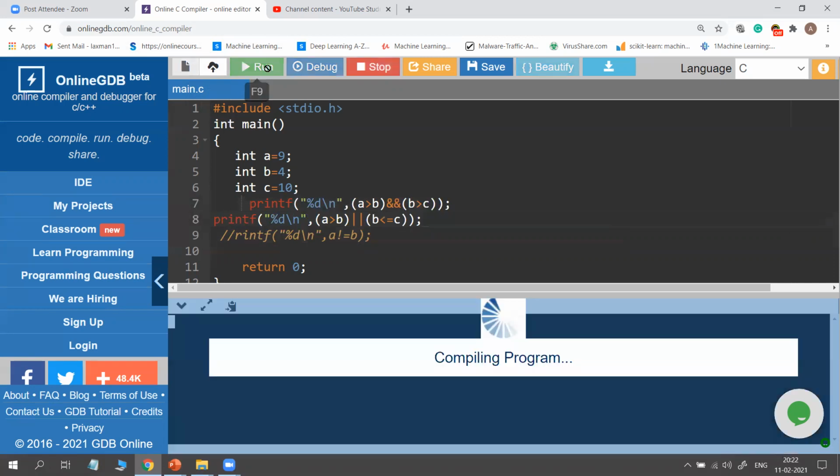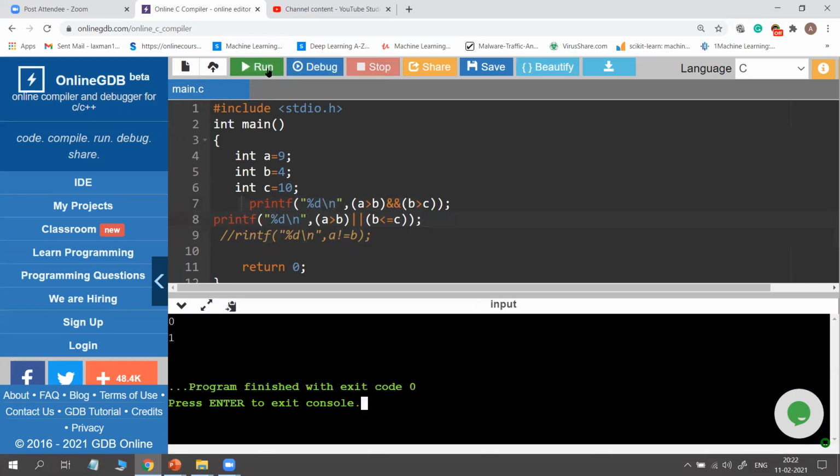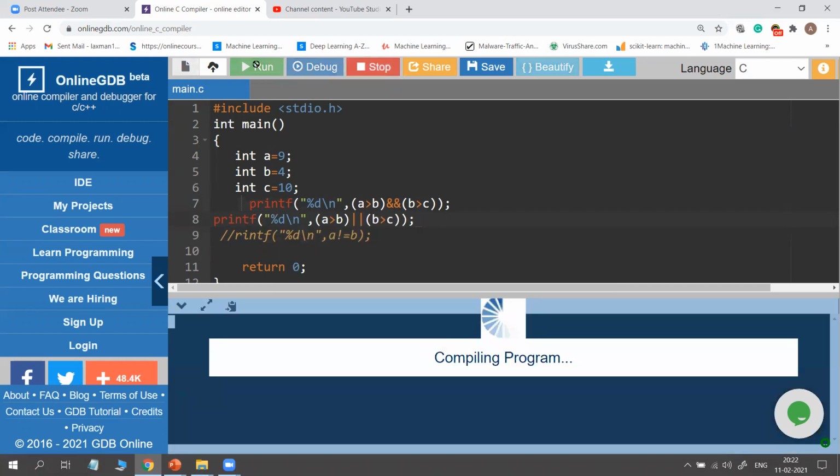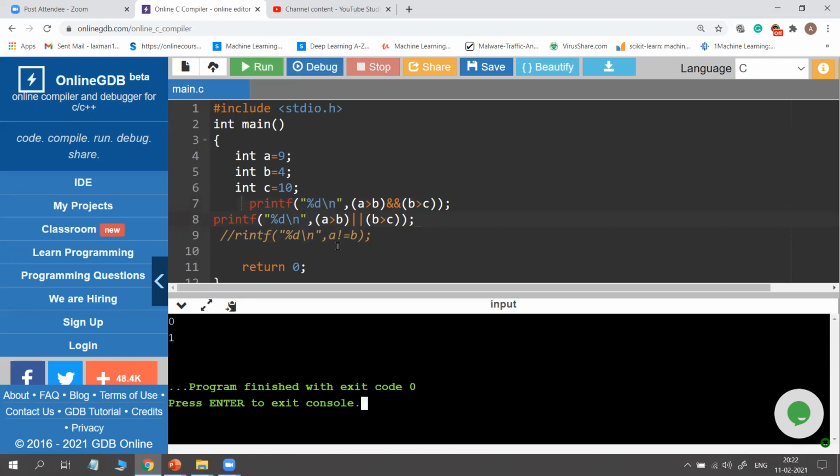Now print it. The first one is 0, we already saw that. Second one 1. Why is it 1? A greater than B is true, 9 greater than 4, or 4 less than or equal to C, true. True or true is always true in OR also. But if you make it greater than C also, you will get a true output. Why? At least one is true, that is enough.